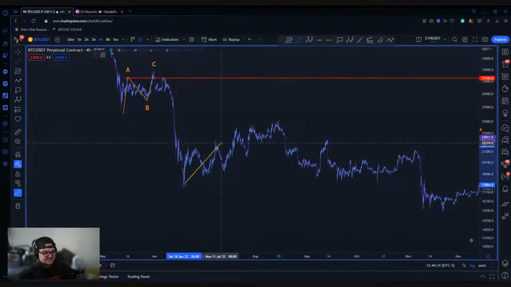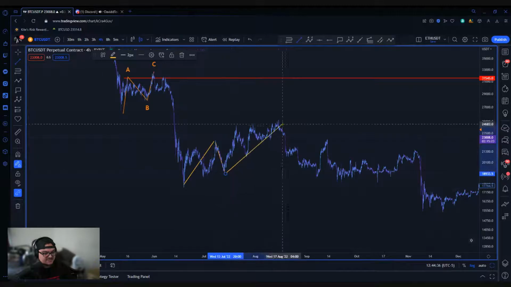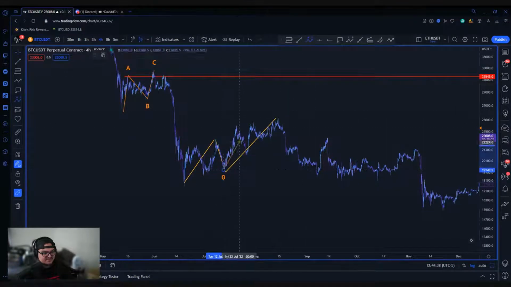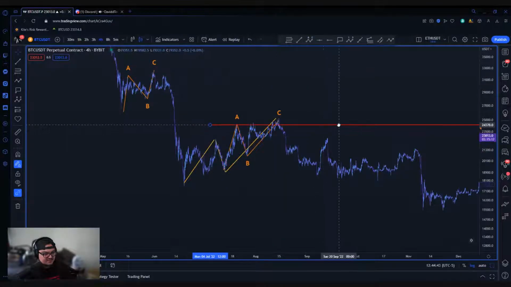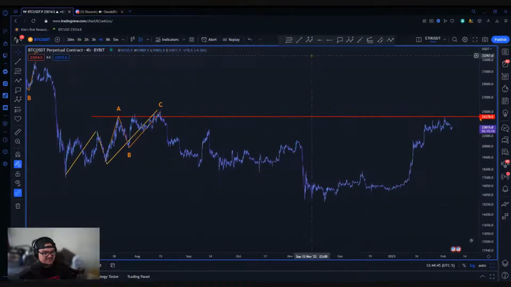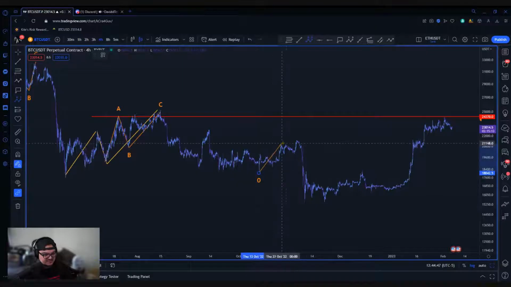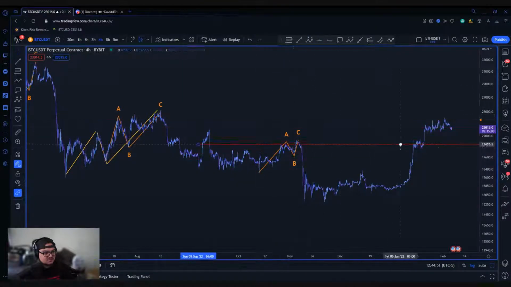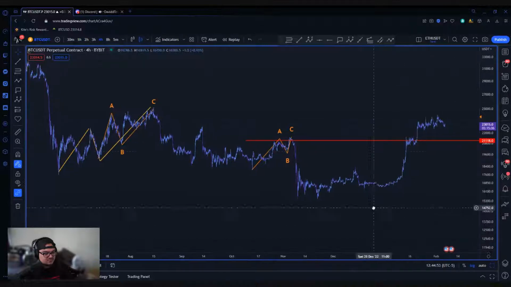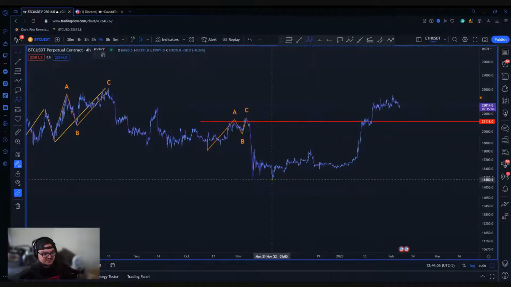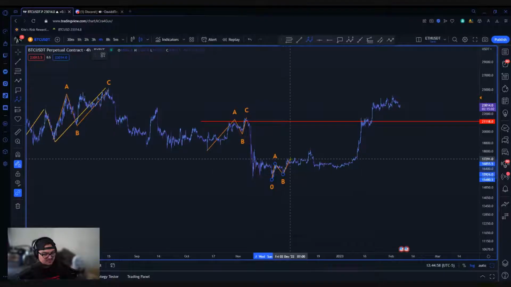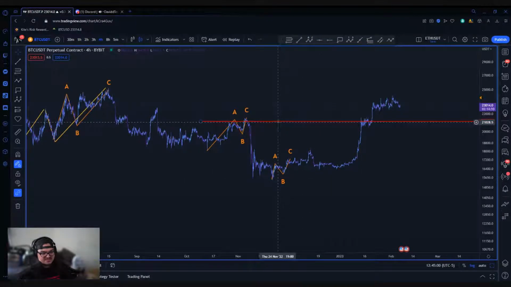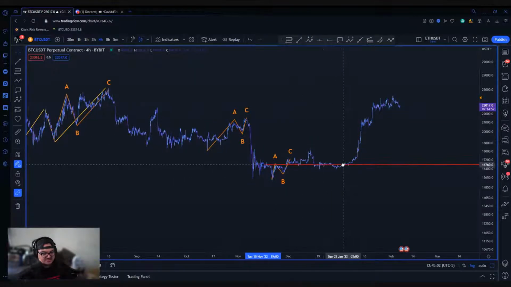Now we did have an ABC on this one, but I took the ABC off of the C wave and then re-enter here, and I did take this one as well. And then I took profit off of this setup here. And unfortunately, ever since then, I haven't had a clear short setup to take.